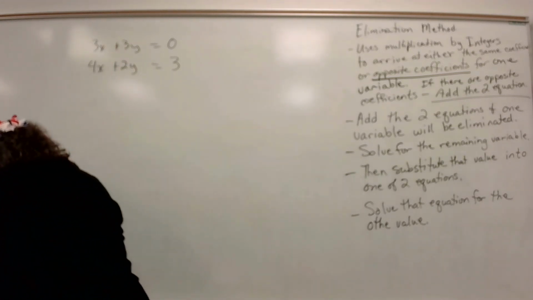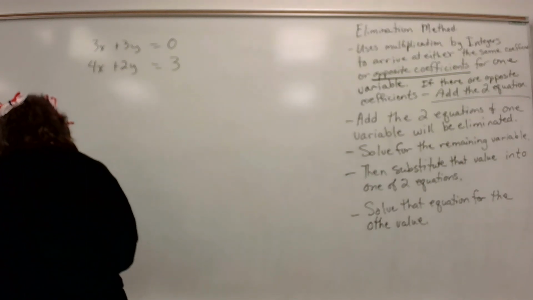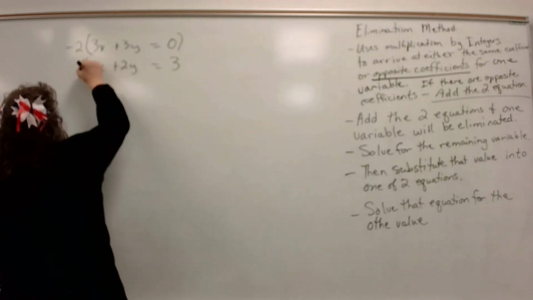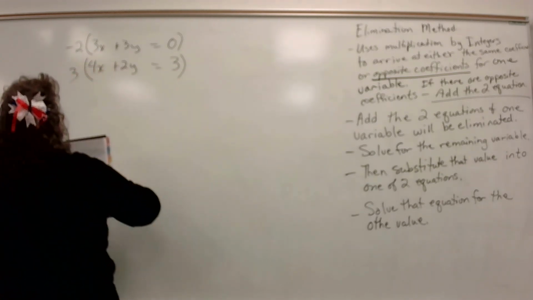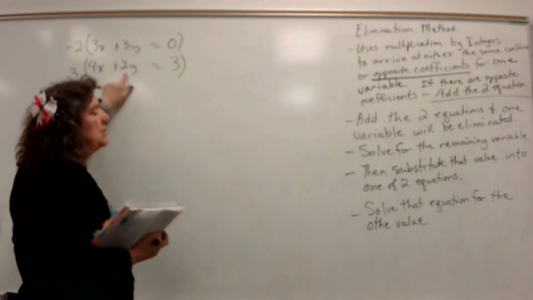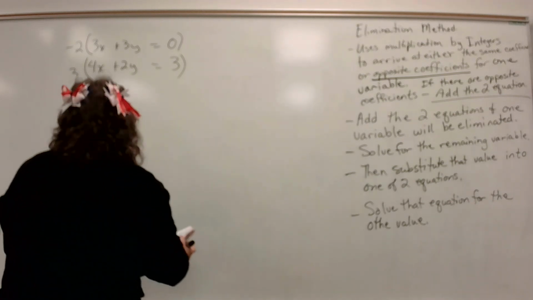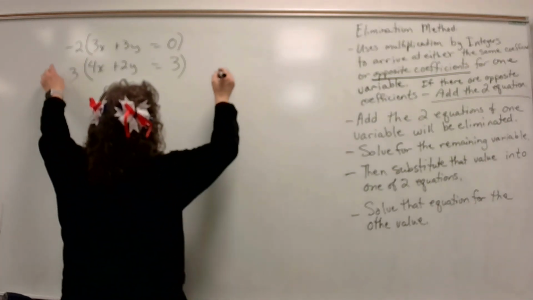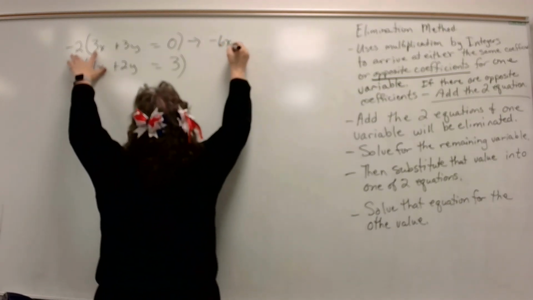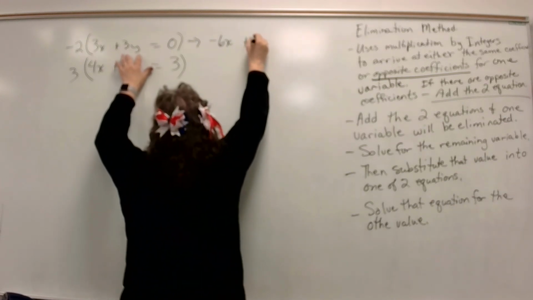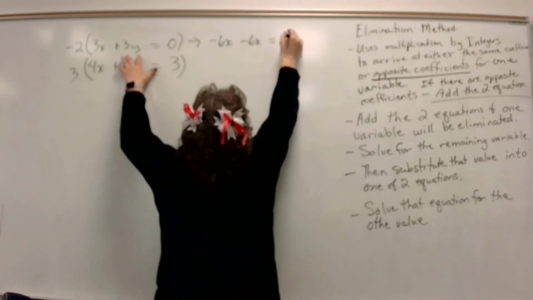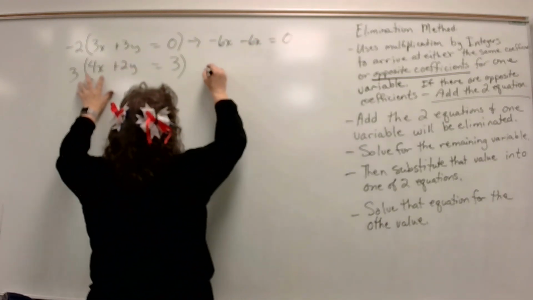So what will I do to get there? Well, I am going to take and multiply this equation by a negative 2, and this one by a 3, because negative 2 times 3 is a negative 6y, and 3 times 2 is a positive 6y. So my y's are the ones that I'm going to eliminate. So let's do that multiplication. Negative 2 times 3 is a negative 6x, plus, minus 6x equals 0. And then this one, I have 12x